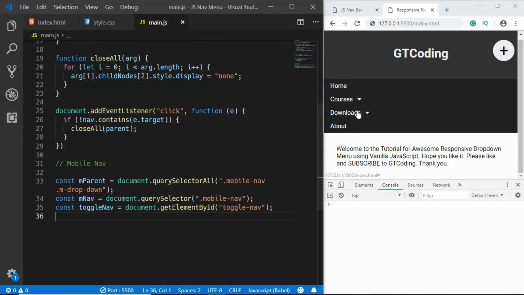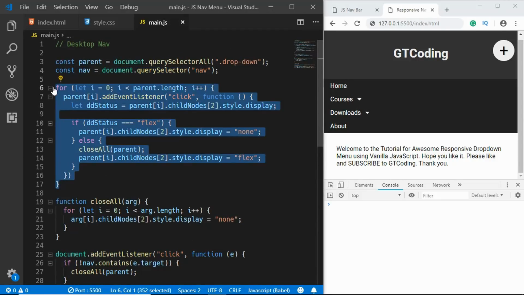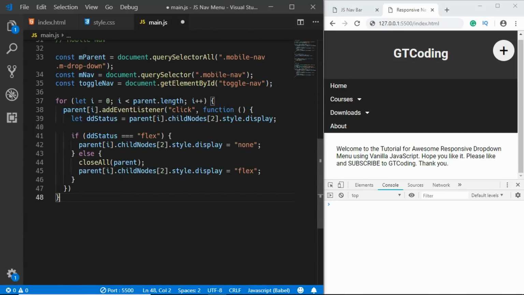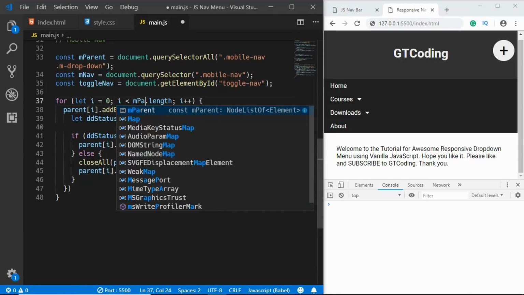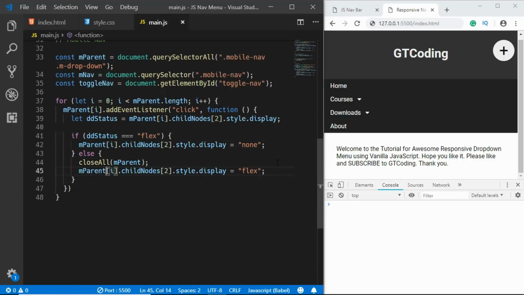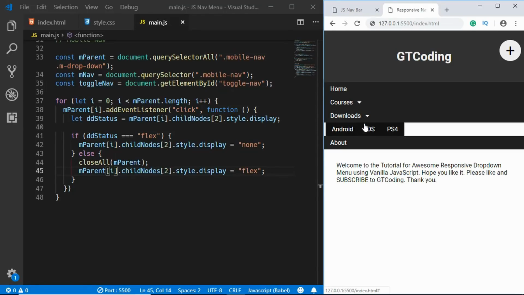Now the next thing we need to do is add an event listener to both of these. So we can copy this for loop from here, and here we'll just change the parent to mparent. So now let's check it out. I'll just close this console. So if I click on courses, we see that courses is displayed, and if I click on downloads, we see